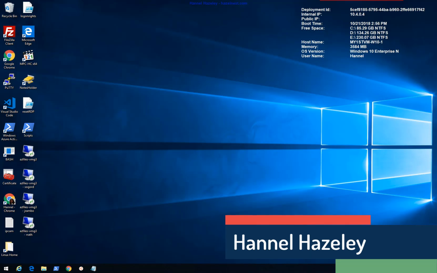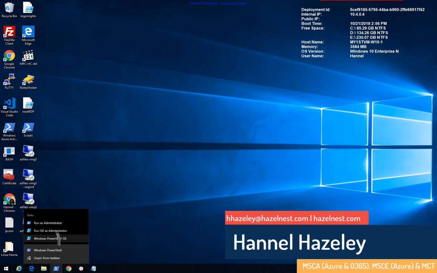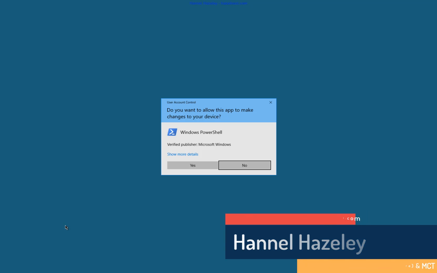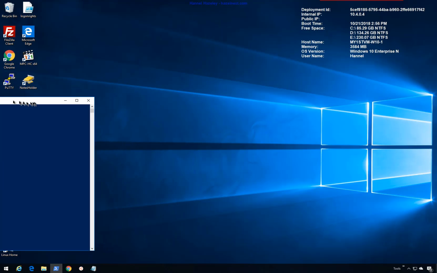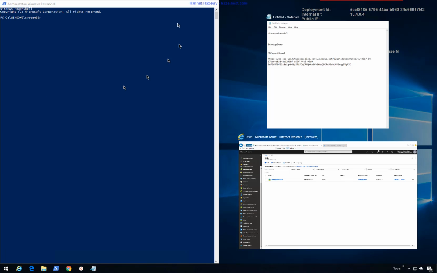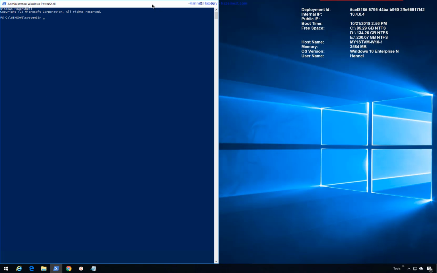Hello guys, welcome back. In this video, I am going to demo a new command that I've just added to my toolbox module. This command allows you to simply export a managed disk into a regular storage account. As always, with all my commands, if you do a get help and the command, it